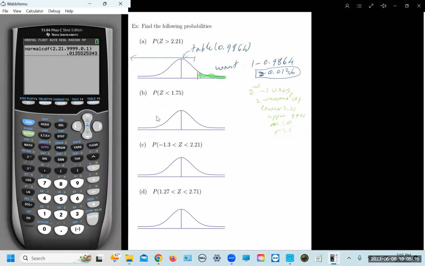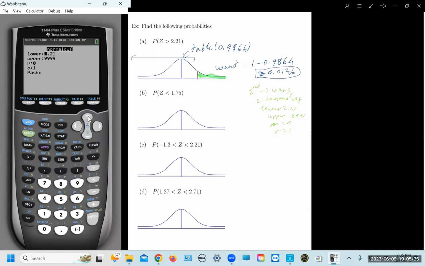P of Z less than 1.75. So we can use the calculator, second verb, and go to the second norm,